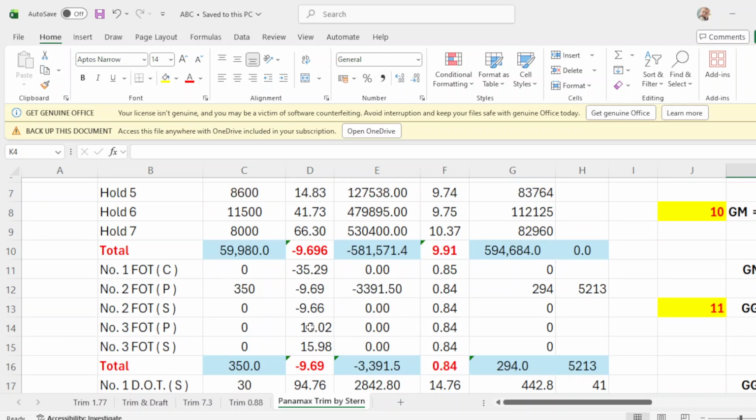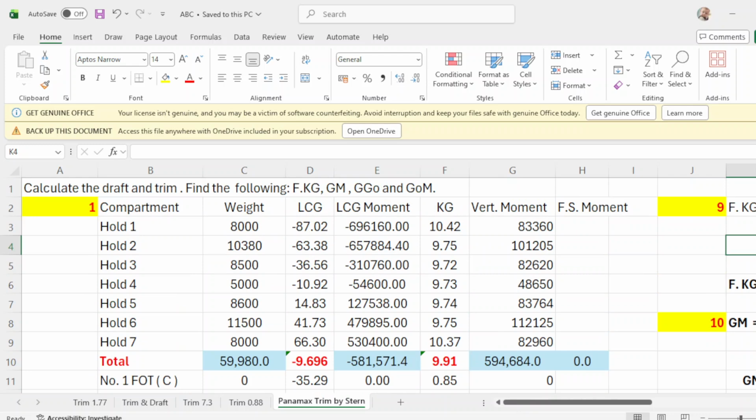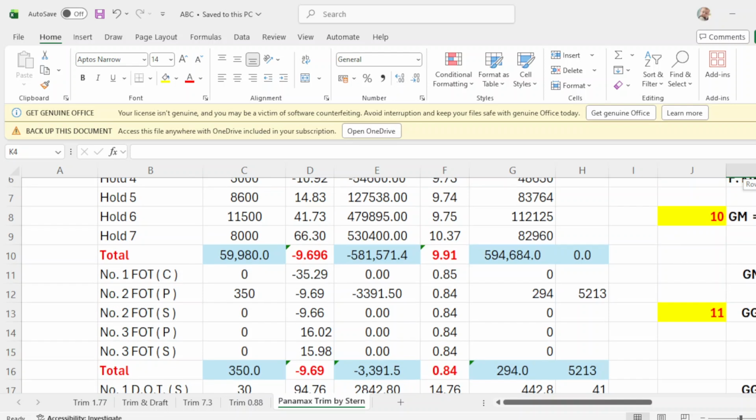Okay, then we go to the fuel tanks. Look, fuel tanks, if you want to load in fuel tank number 2 port, multiply with your LCG, this will be your LCG moment, and this is a KG, multiply with your weight of your fuel, this will be your vertical moment, and there you will have your free surface moment. Okay, so this is your free surface moment, but in liquid you will have a result here. This is all automatic in your load master. Okay, I just included this one, so we're going to compute later on.